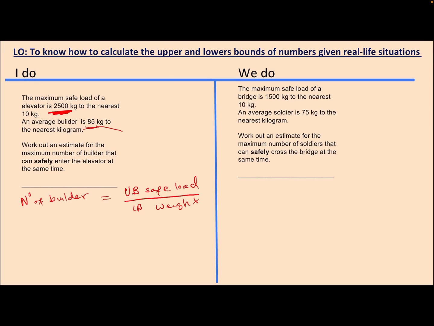So let's work that out. So the lower bound weight is actually 84.5, and the upper bound,